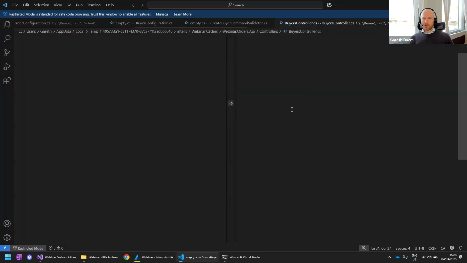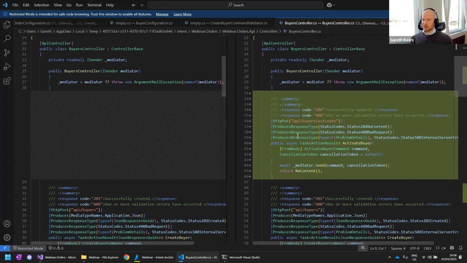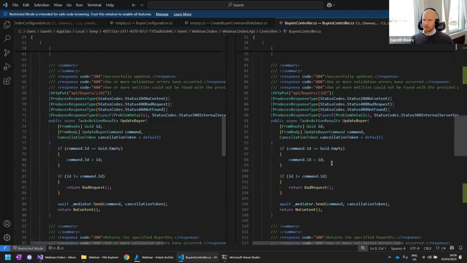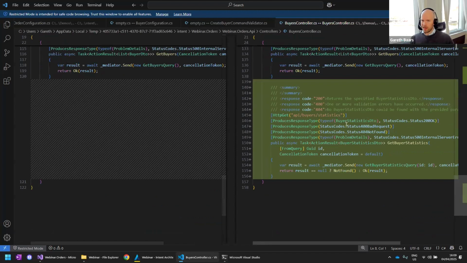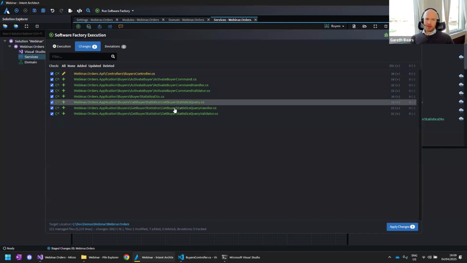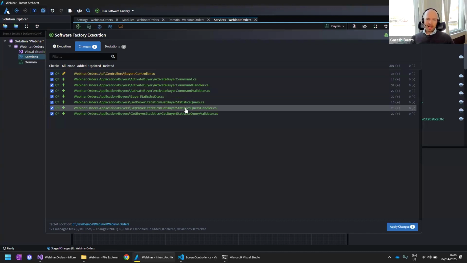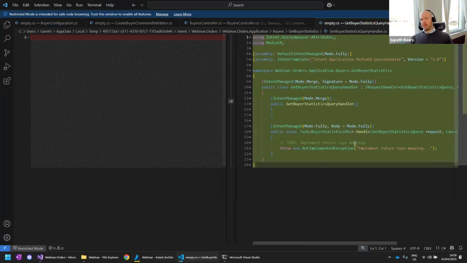And what you can see that's going to do for us, just so you guys get an idea here, it's going to create us our endpoint. So there's our activate endpoint for the buyers. There's our statistics endpoint. So we're getting the ID from the query in this case, dispatch the query, get back the result, which is this DTO, and return it as a 200. There's our query. There's our DTO. Here's our handler. And if we take a look at the handler, there you can see we're back to this, dear developer, you now need to go and write your own implementation of this code here.